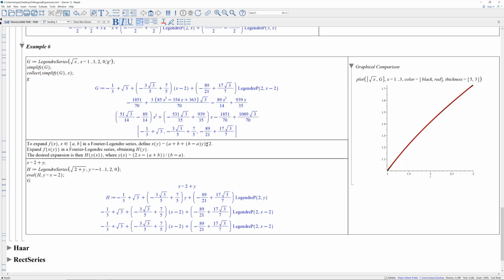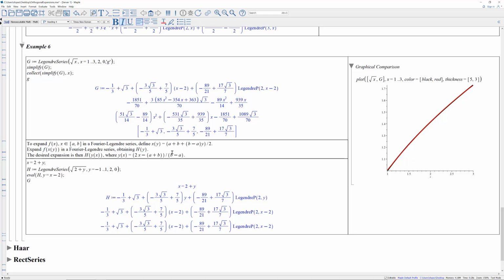You replace your x's by this thing in a Fourier-Legendre series because the y is going -1 to 1. And then, to get what you want, you take that result, which is in y, and you replace y by y of x, so you have to solve this thing for y as a function of x,